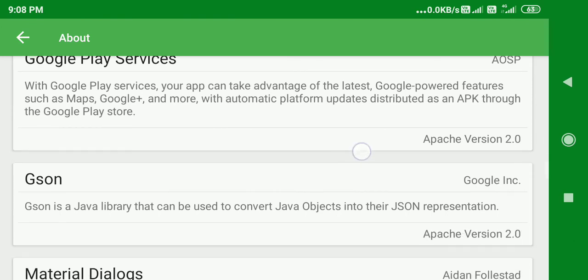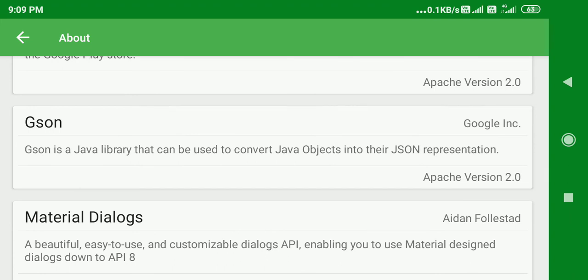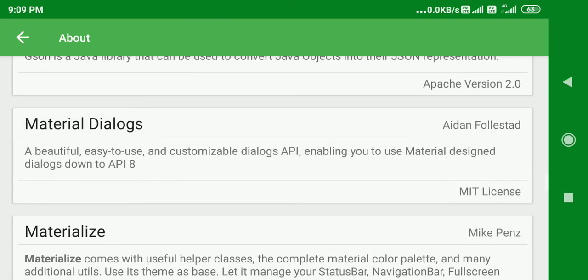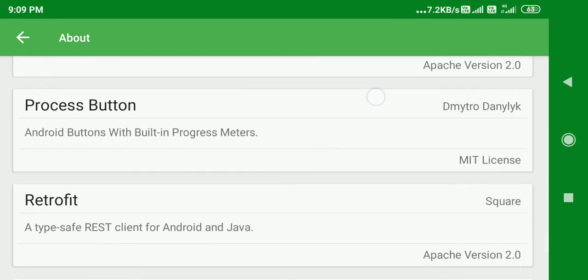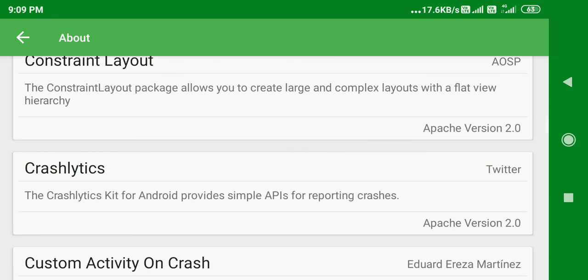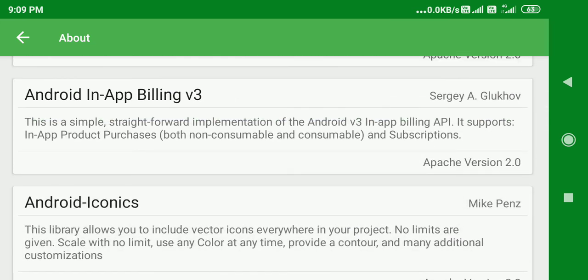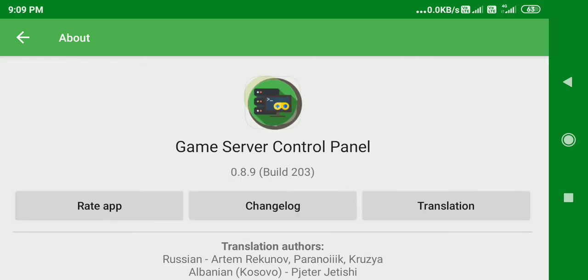Gameplay services. If you want any kind of gameplay, then JSON is a Java library. The JSON library is for that particular game service. Particular APIs are used there. So this is completely giving the details of the particular server and where they get all the Apache images and other things, the libraries and the server control panel and things like that. So that's all. This is over.